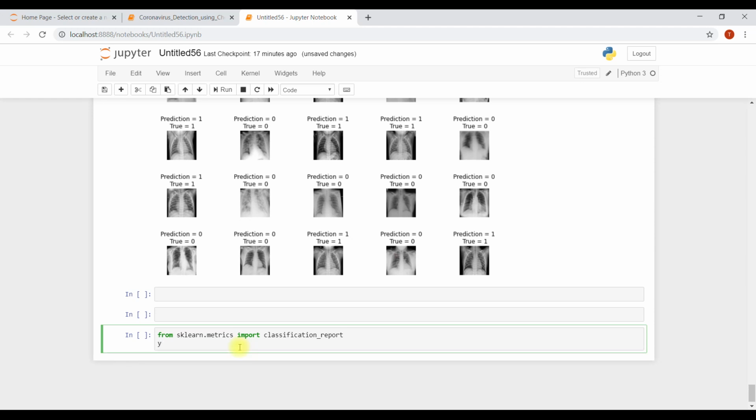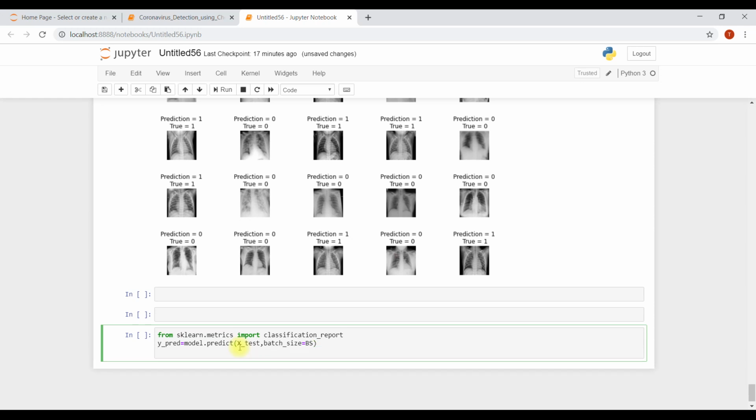And y predict means we are just giving it a name, because whatever we're gonna predict on X test, we are naming it y predict.